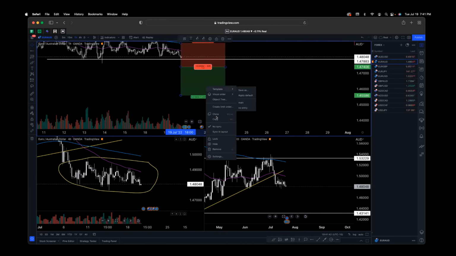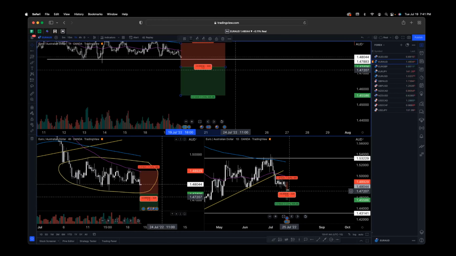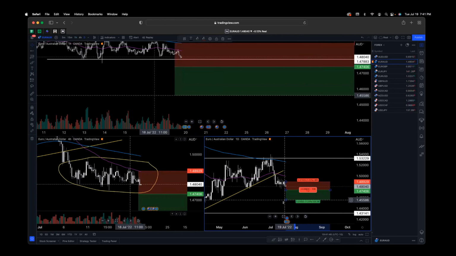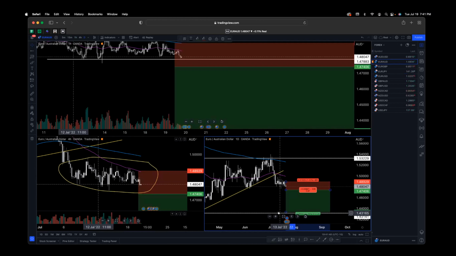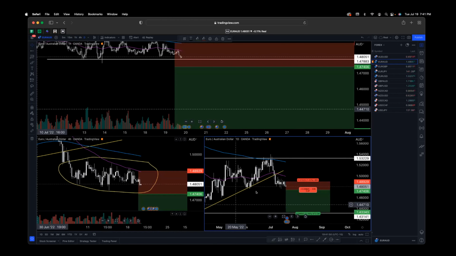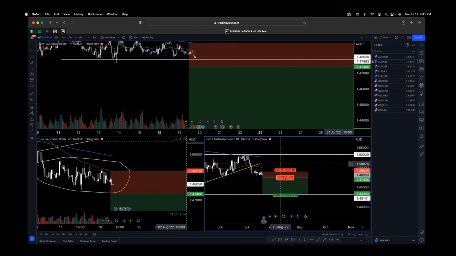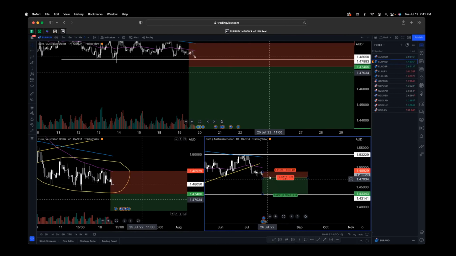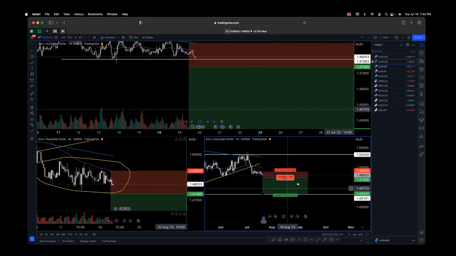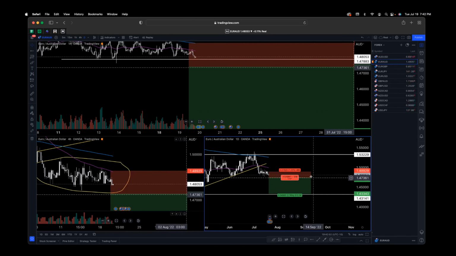But if it does go, we're looking at a nice profit here down to the 1.43165 level on Euro Aussie. That would be nice, but it could be whippy. It could consolidate all the way down in a bear trend. So that's another term: bear consolidating market, or bearish consolidating market.